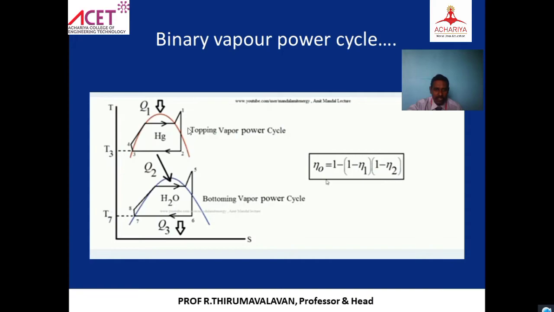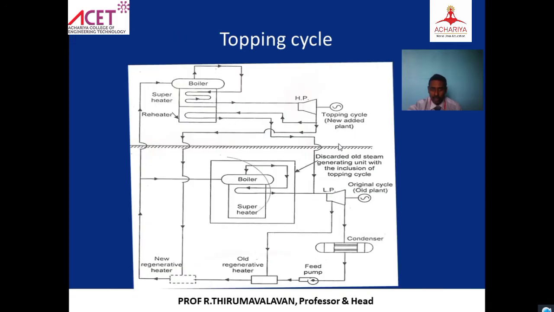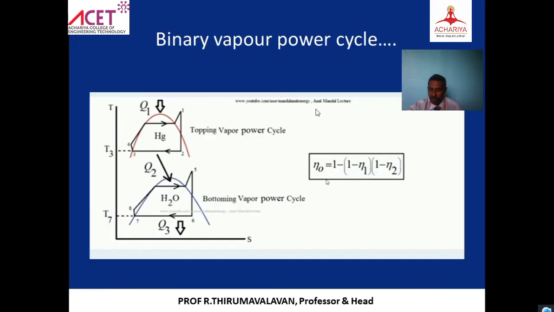The first cycle efficiency is 1 minus efficiency 1, right? How much energy will be there for the second cycle? 1 minus efficiency 2. So both will be multiplied, as the fractions are multiplied, and that again is going to be a fraction. Addition will be increased; multiplication of fraction values will be reduced. So 1 minus the reduced value, the efficiency will be more. So that is what we call a binary vapor cycle.